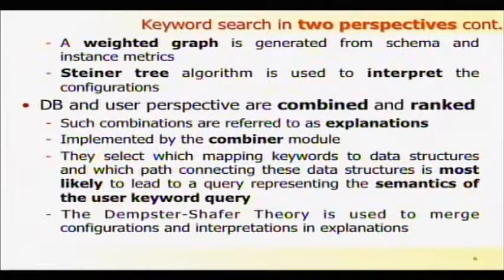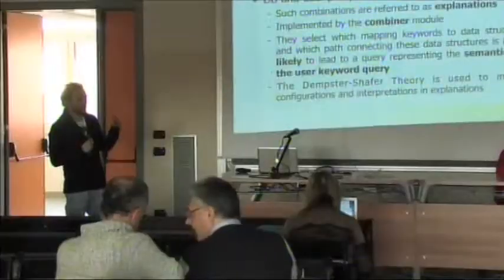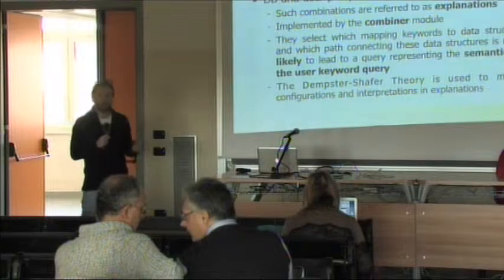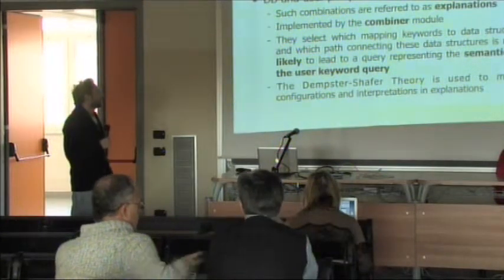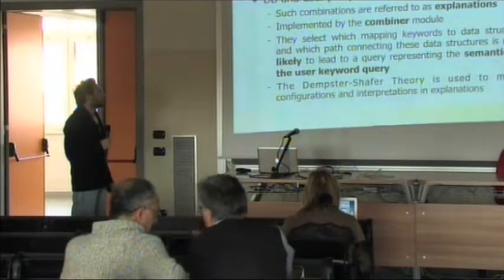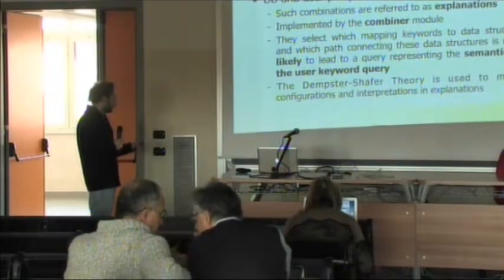And basically, the result is that we are able to find the mappings between the keywords and the data structures of the database that are most likely to carry the semantics of the user and most likely to actually belong to the instance of the database. And to implement this, we use the Dempster-Shafer theory of probabilities. So this is the software module,